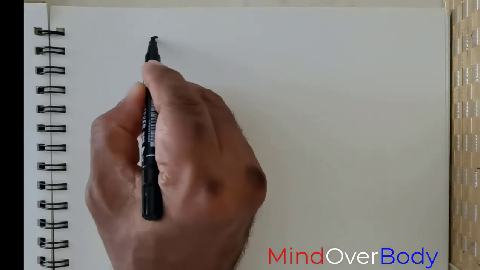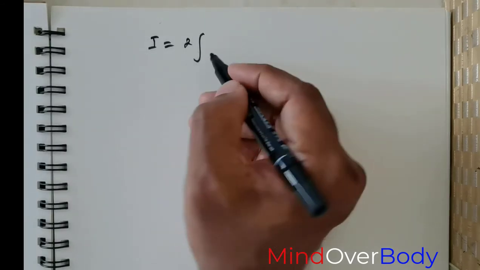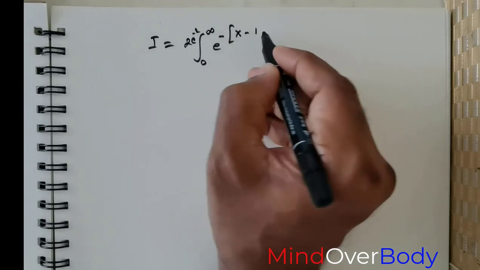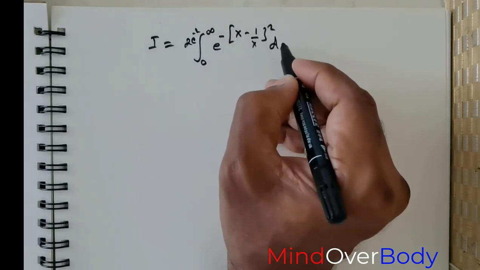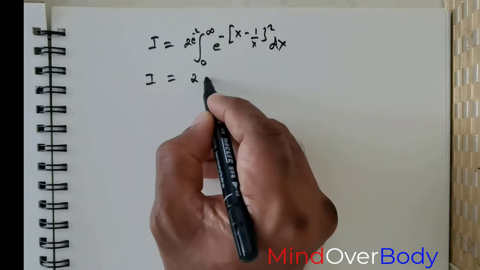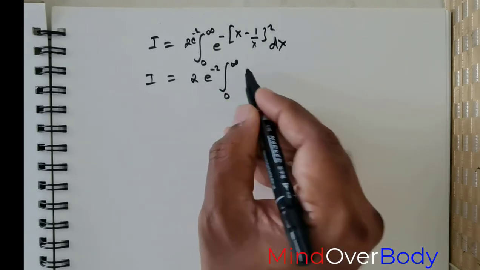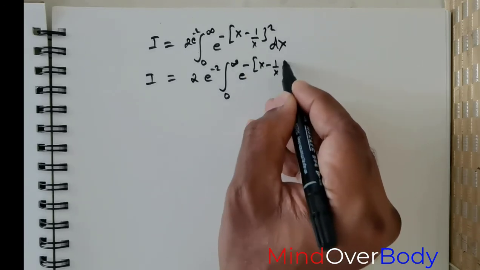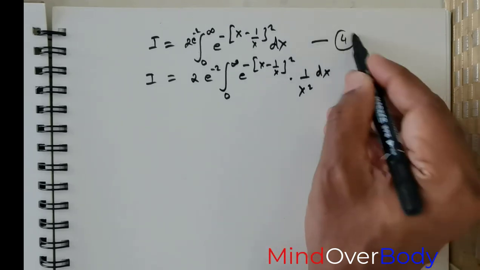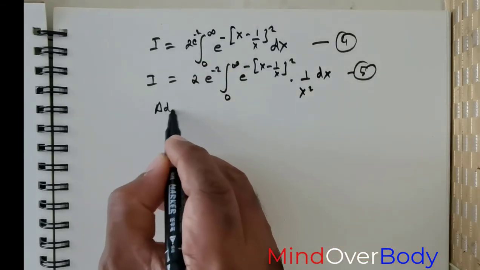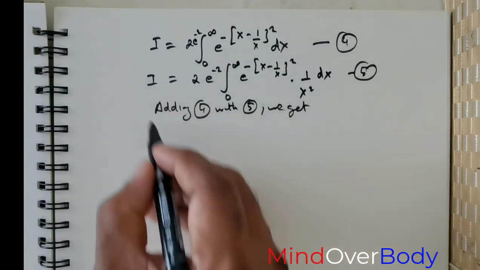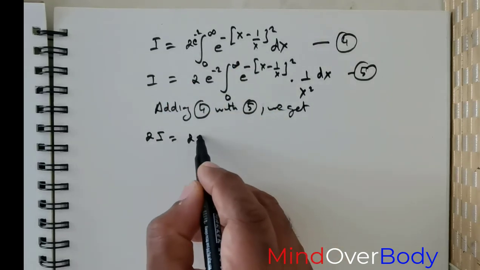Now for the all important final step. So we had I is equal to 2 times e raised to the power of negative 2 integral 0 to infinity e raised to the power of negative of x negative 1 over x raised to the power of 2 times dx. And from here we landed up with 2 times e raised to the power of negative 2 integral 0 to infinity e raised to the power of negative of x negative 1 over x raised to the power of 2 times 1 over x squared times dx. So if I were to take this as 4, if I were to take this as 5, adding 4 with 5, we get, so what do we get? This is going to be 2 times I is equal to 2 times e raised to the power of negative 2